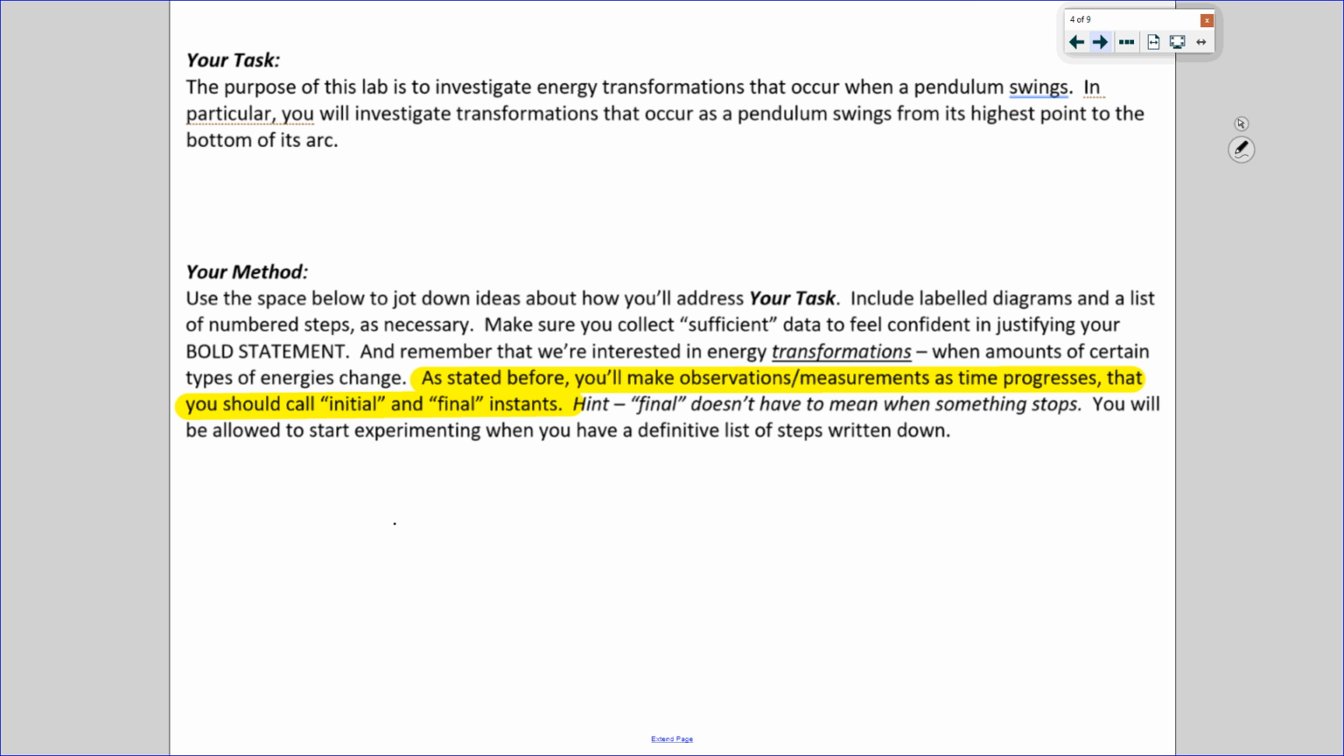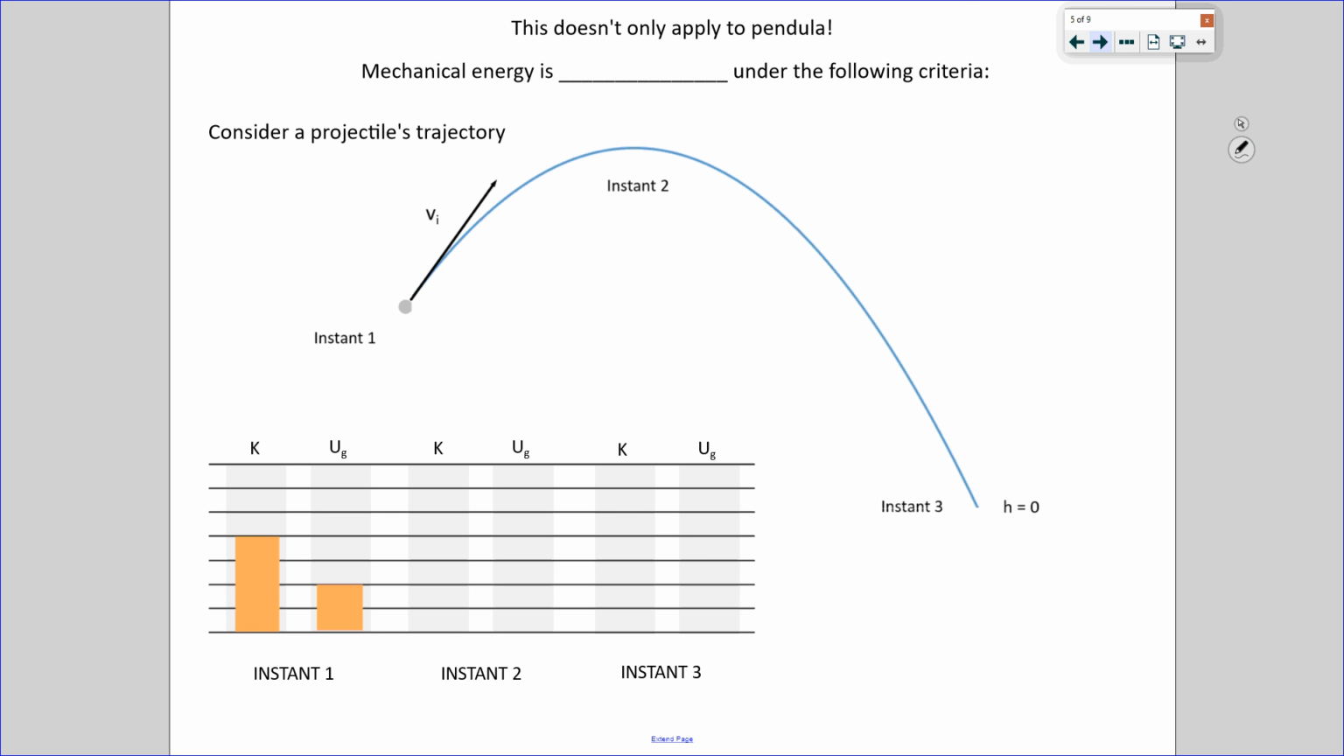Scratch that. Also scratch that. There we are. Now, conservation of mechanical energy does not only apply to a pendulum. So mechanical energy is conserved